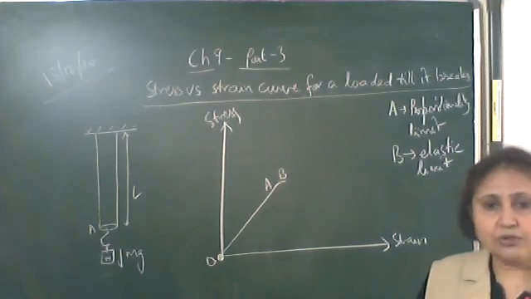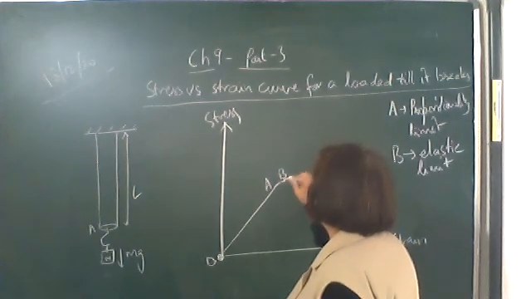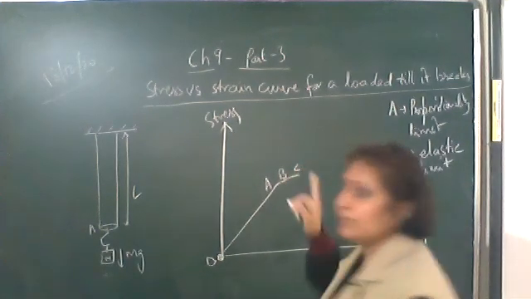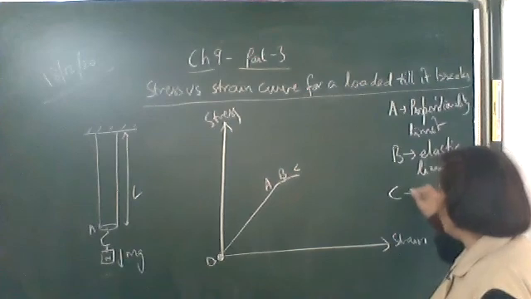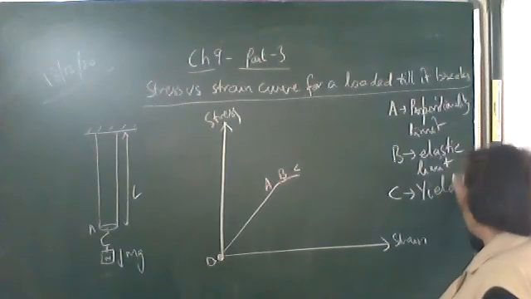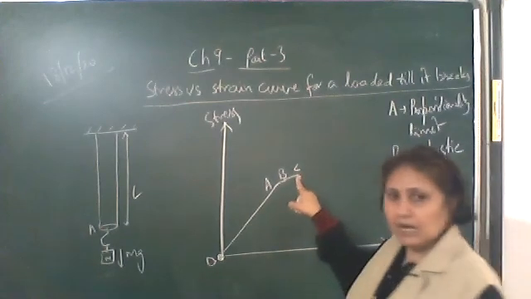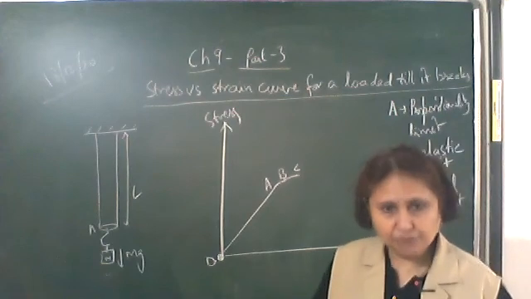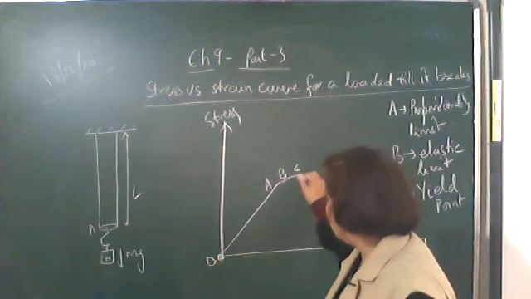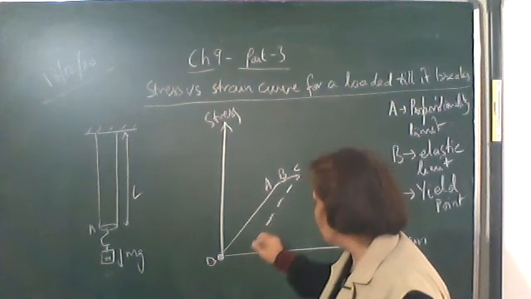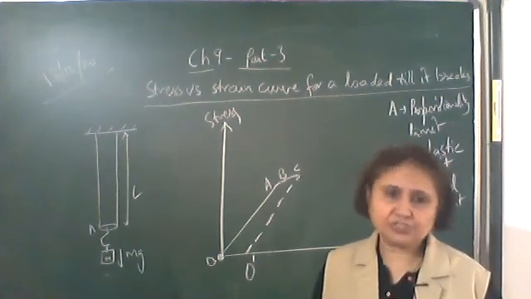Now further the load is increased. Now strain will be comparatively more as compared to the stress. That is, we obtain a point C, which is called the yield point. And if we unload the wire at point C, if we remove the load, the wire will not come back to its original configuration, to the point O. It reaches a point O dash. O dash is called the permanent strain in the body.